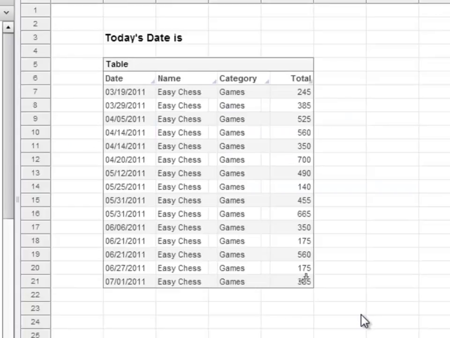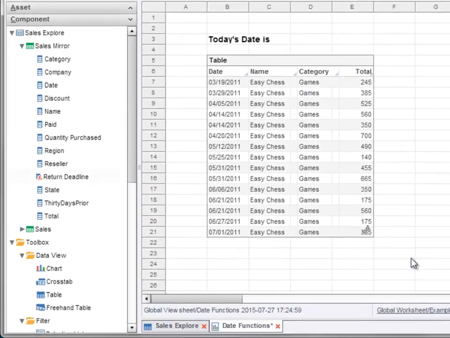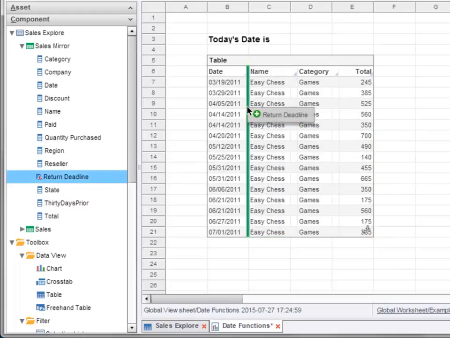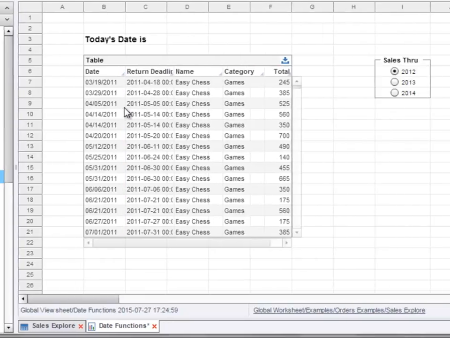Press OK to create the calculated field. The new calculated field will now be listed as part of the dataset. Keep in mind, though, that this calculated field only exists within the context of this particular dashboard. To add the new calculated field into the table, simply drag the field into the table as you would for any other field. Resize the table if needed,